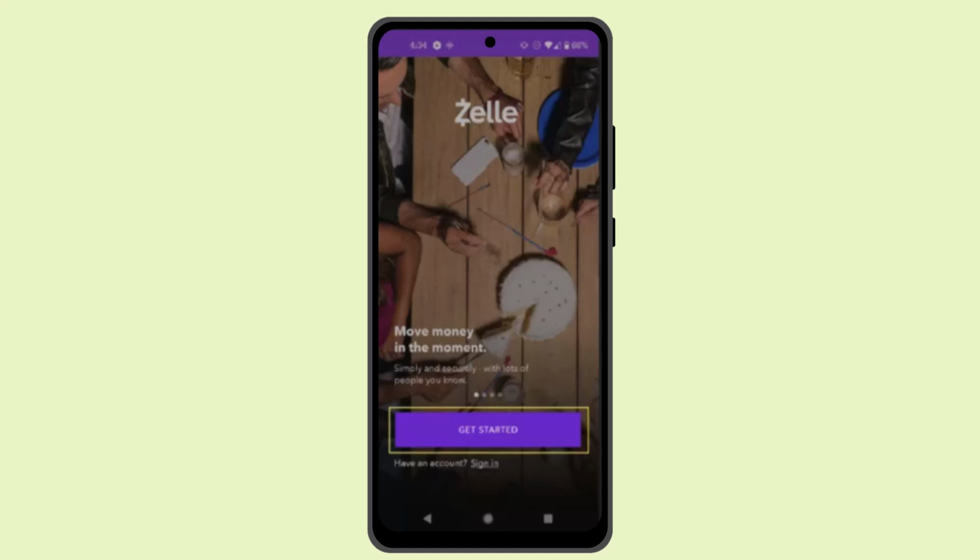How to change bank account on Zelle. Hi everyone, in this video I'll be showing you the ways to change bank account on Zelle app. So for that, make sure to watch this video till the end and follow the instructions